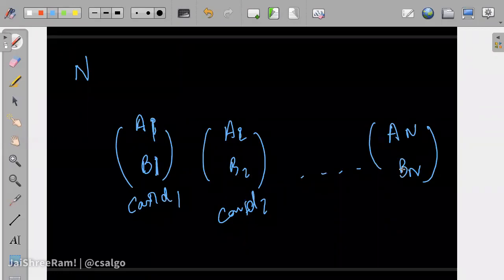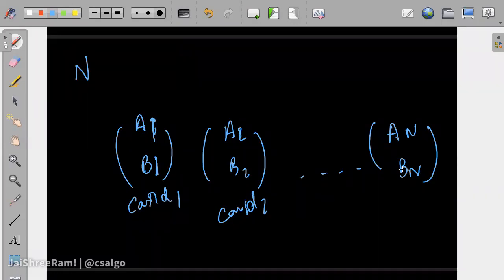Now let's say me and you are playing a game. First, you will take a card from the table and it will get removed. Then I will take a card and it will get removed from the table. Then you will take a card and it will be removed, so on, okay. Now when you take a card, we maintain 2 scores, okay. Let's say score A and score B. So you are player A, I'm player B, okay.